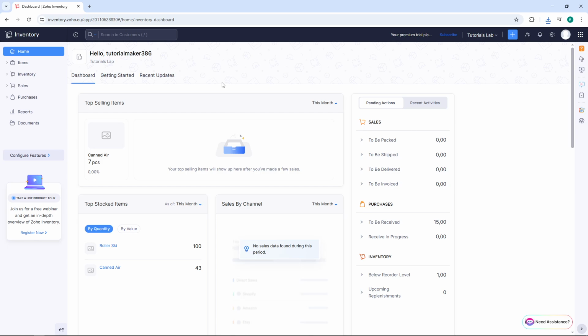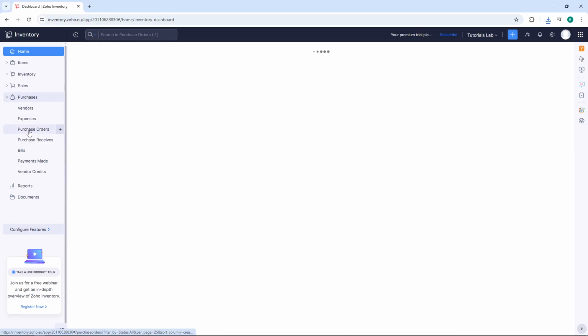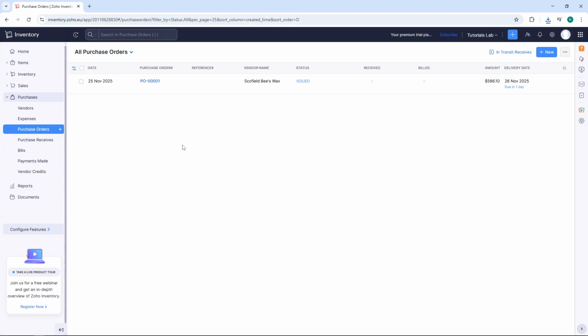After logging in, you'll see the main dashboard. Look to the left sidebar and click on Purchases. This will expand a submenu with various purchase-related options. From that submenu, select Purchase Orders. This section is where all your pending and completed purchase orders are stored, giving you a clear overview of what